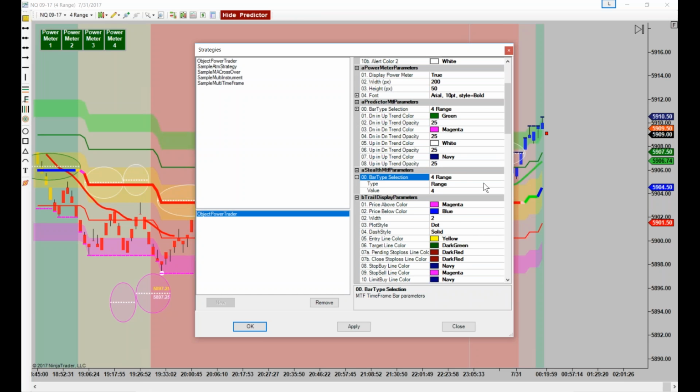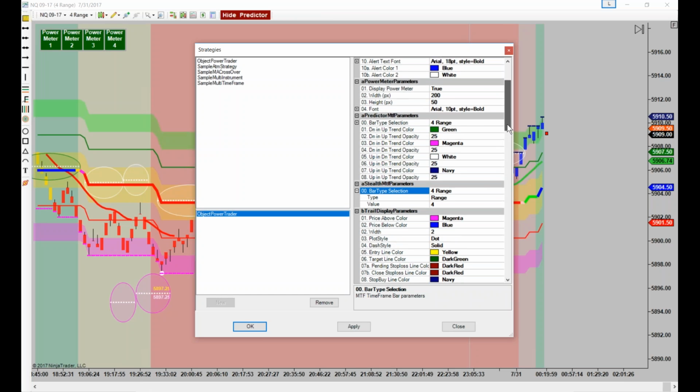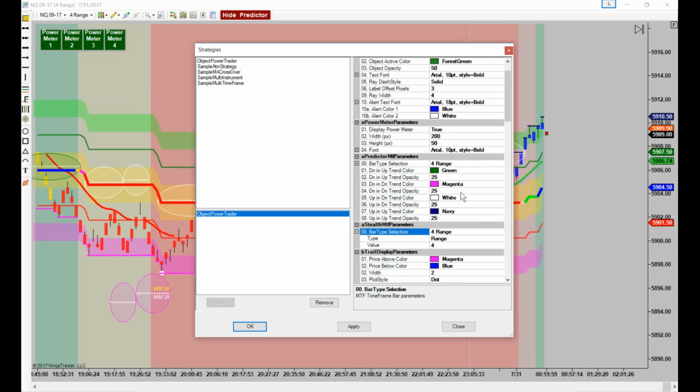All right, so when you do get your Stealth Trader, make sure that every single one of these is set to 4 range, like your predictor. Remember, otherwise you'll have double predictors. Your stealth, you'll have double stealths even,